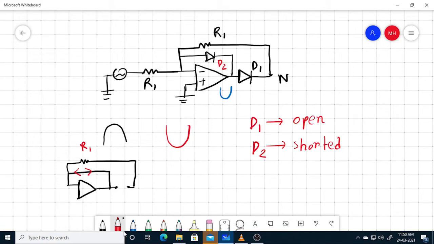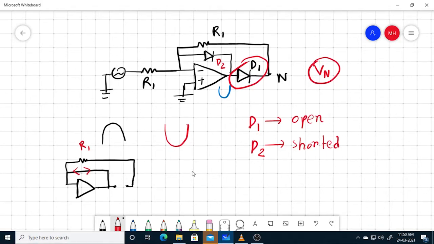This is mainly the case for a negative input, we will have a positive output. For a positive output, there will be no problem, because for the positive output, D1 will be shorted, and we'll have an output at Vn. So to summarize that, we use a wave